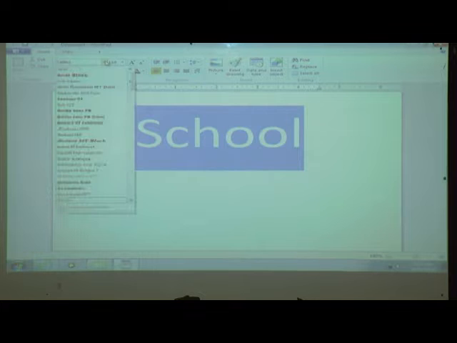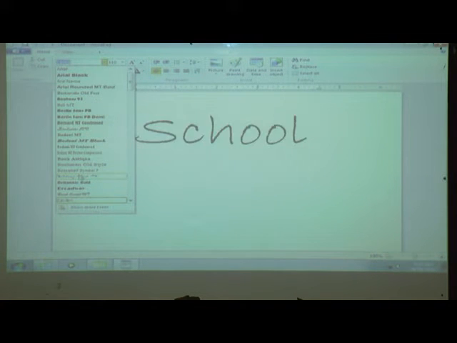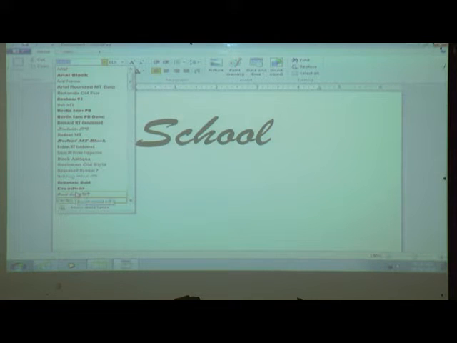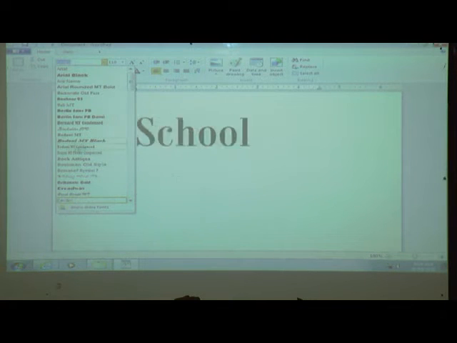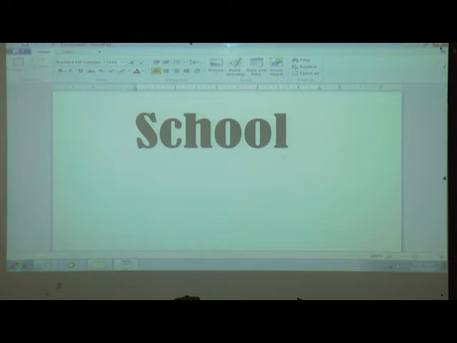Okay, we can choose any font style by using which option? Font option. Good. Now next one, read it.